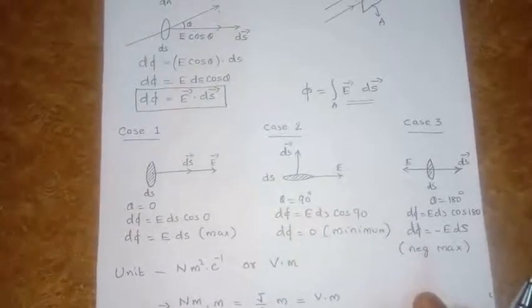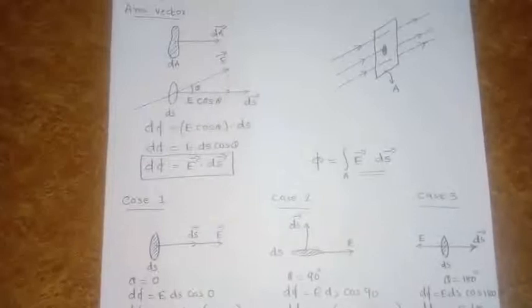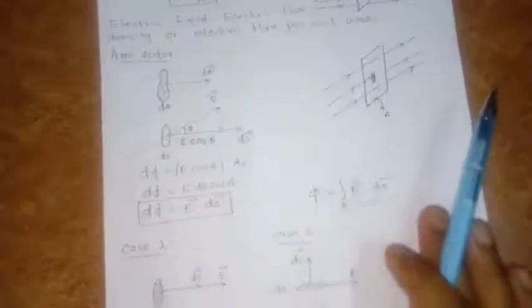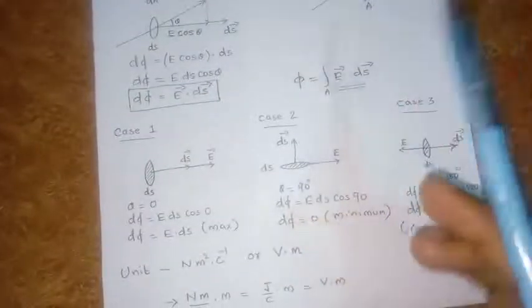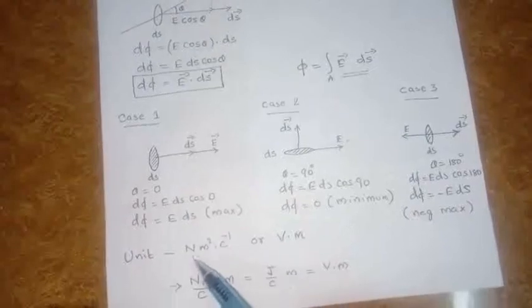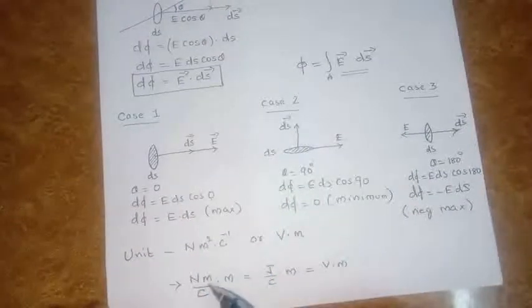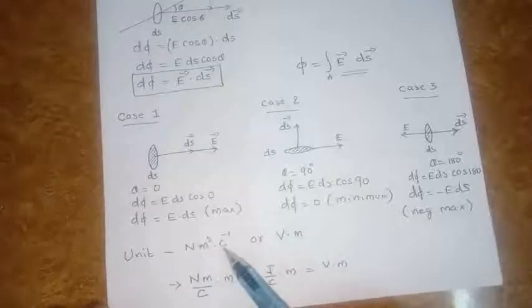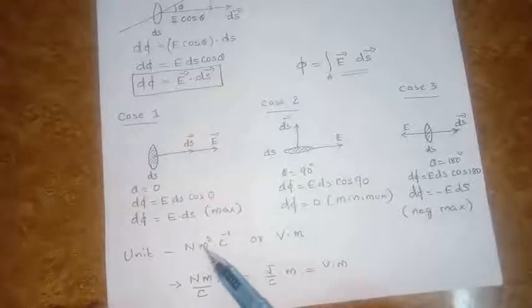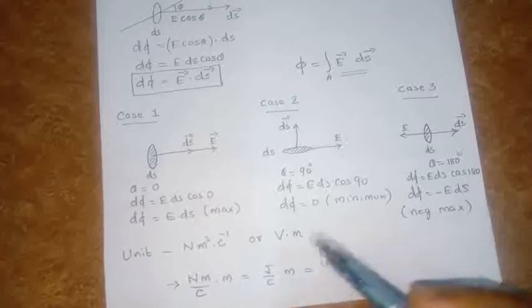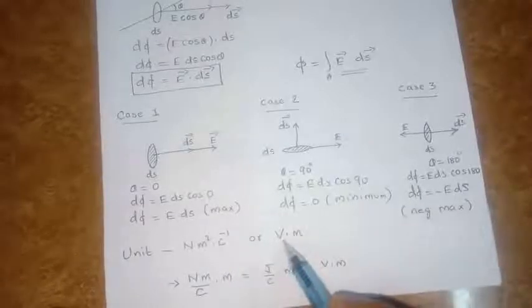Now look at the equations of flux once again. The flux can be written as phi is equal to E into ds, or phi is equal to E into A. First equation we studied. According to that equation, the unit of the flux you can see is Newton meter square Coulomb raised to minus 1. Because Newton per Coulomb is the unit of electric field, meter square is the unit of area. Therefore, Newton meter square Coulomb raised to minus 1 is the unit of flux, or it can be written as